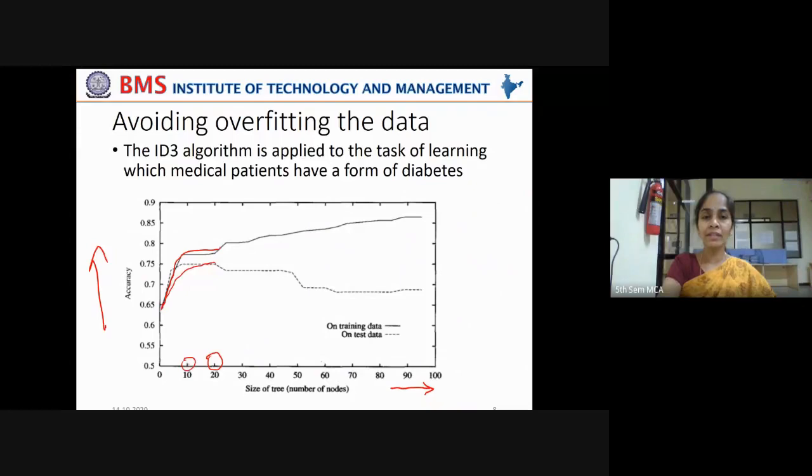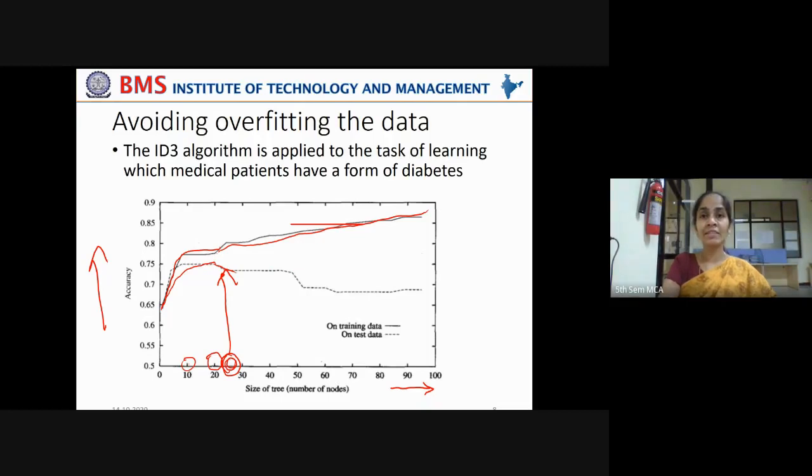But did you notice here, at a crucial point around 25 nodes, the training set performance, after 25 nodes, you keep on adding 100 nodes to the decision tree, training set accuracy increases. But did you see a drop in the test set accuracy? Around 25 nodes, the test set accuracy started dropping.